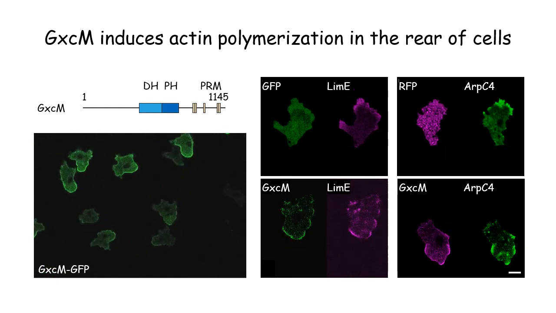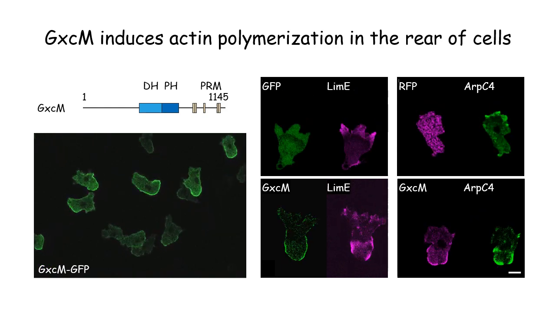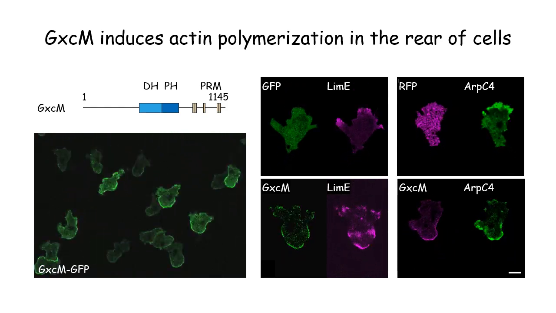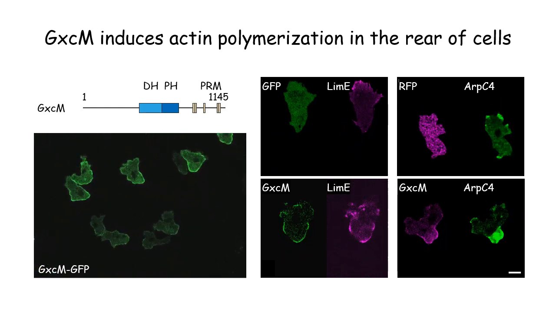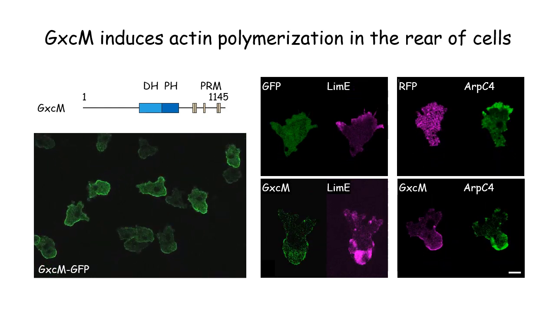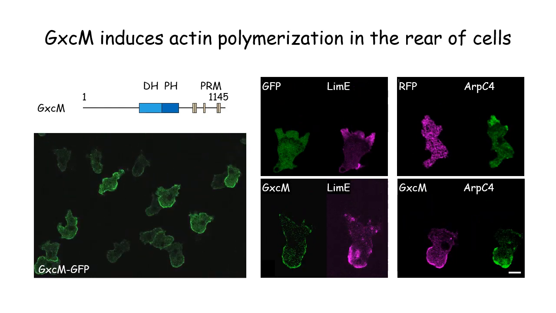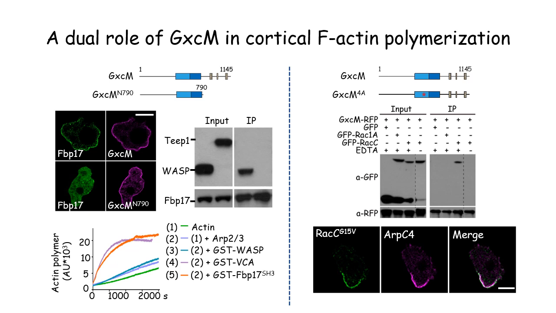Further experiments show that the F-actin induced by GxcM is Arp2 complex-based because it can be marked by the complex subunit Arp4. To understand how GxcM signals to the Arp2 complex and triggers actin polymerization, the different functional domains in GxcM were analyzed. We found that GxcM uses its